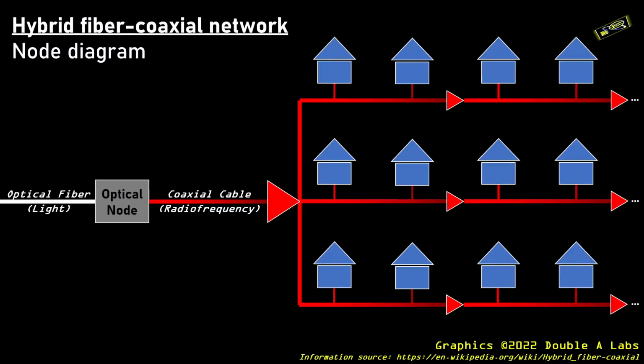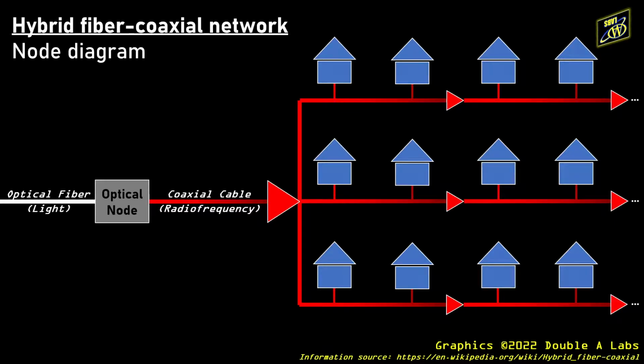Now, if you have Comcast, Spectrum, or another broadband provider that delivers your internet and TV over coaxial cable lines, chances are you are a part of a hybrid fiber coaxial network. An optical node might be located at the entrance to your neighborhood, on your street block, or in your apartment building, depending on your area's population density and the speeds the provider wants to offer. High bandwidth fiber optic cable goes to this node. And then, from this node to the individual homes, businesses, or units, coaxial cable is run.